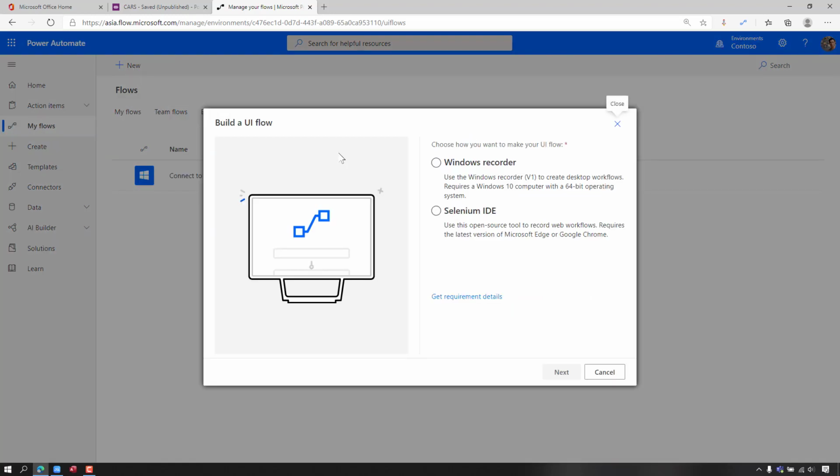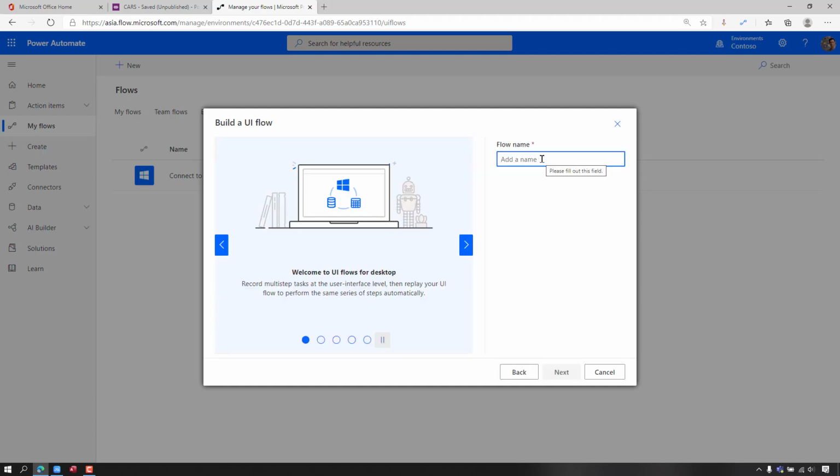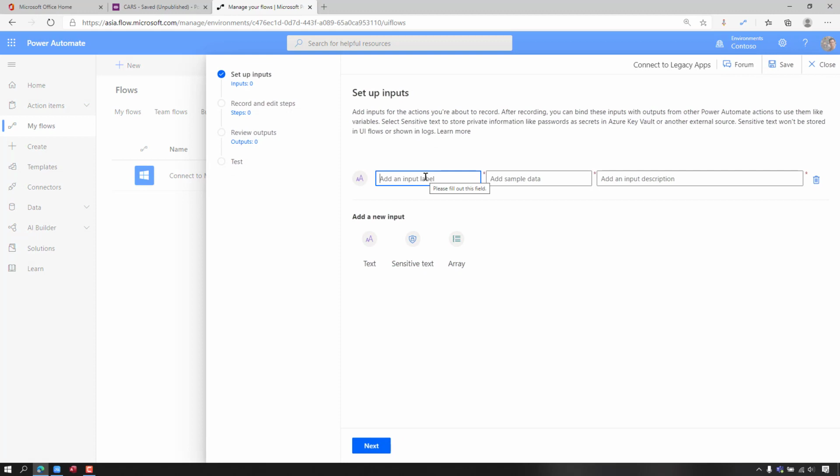From here, you just click new. There's a Windows recorder and the Selenium one. Selenium is used for web applications and Windows is for Windows applications. So we can name it something like connect to legacy application. Next, in here we need to define the inputs.